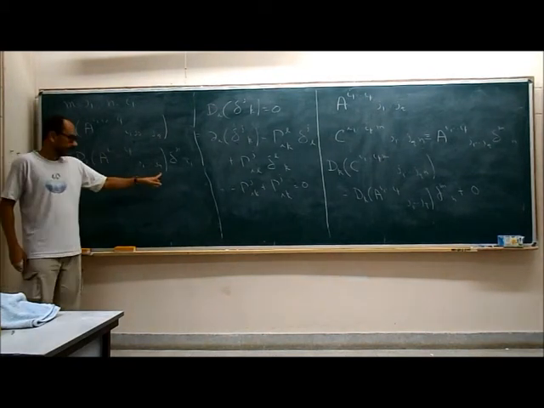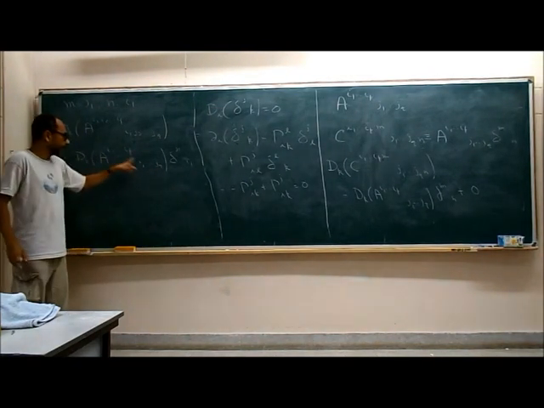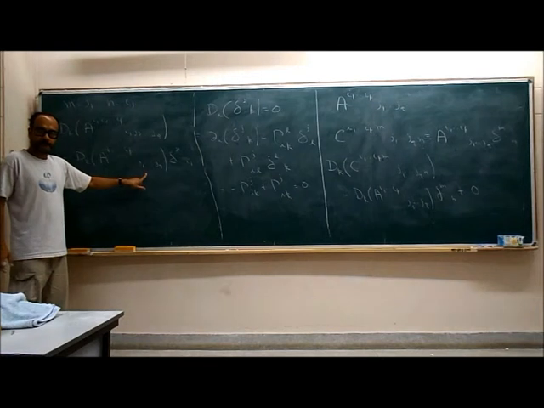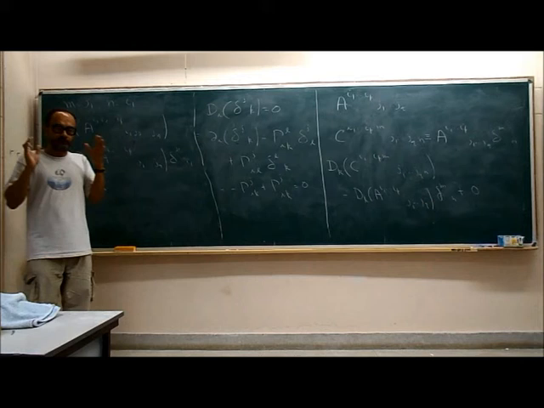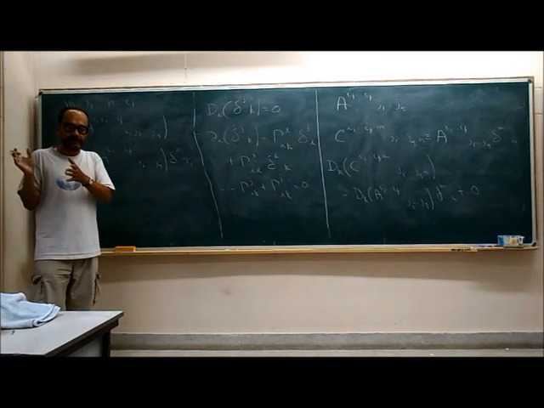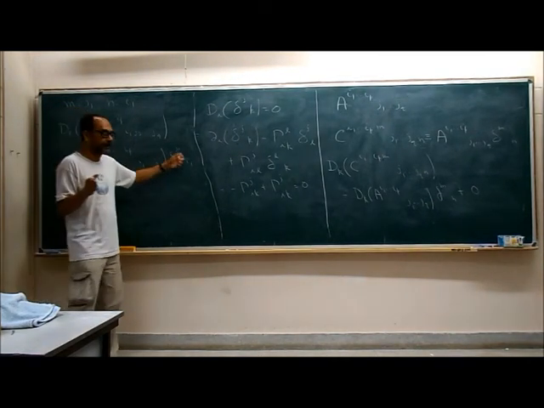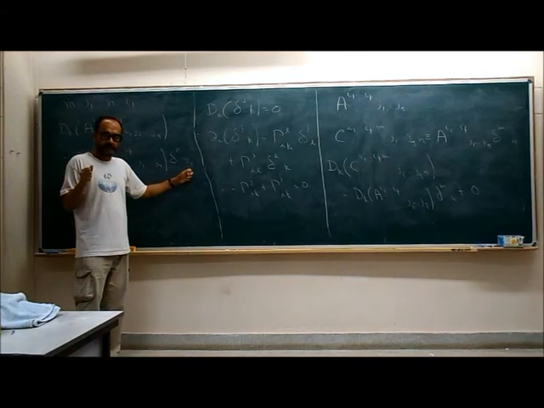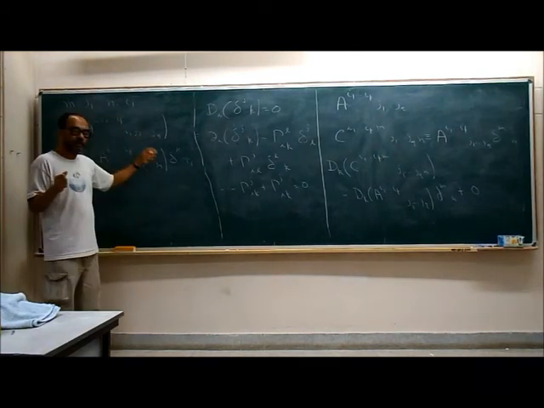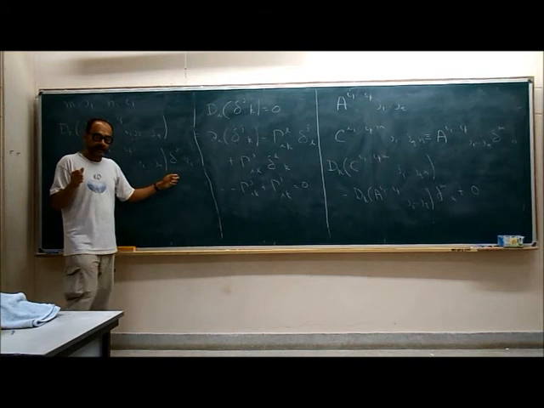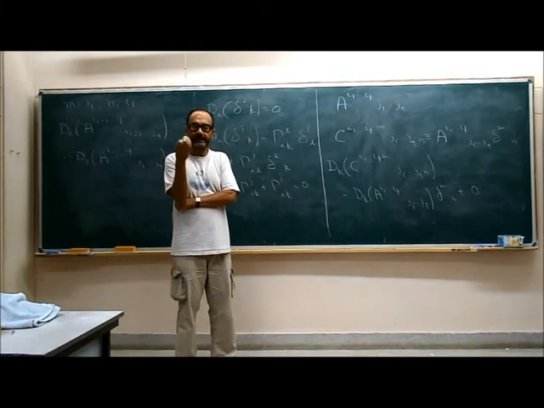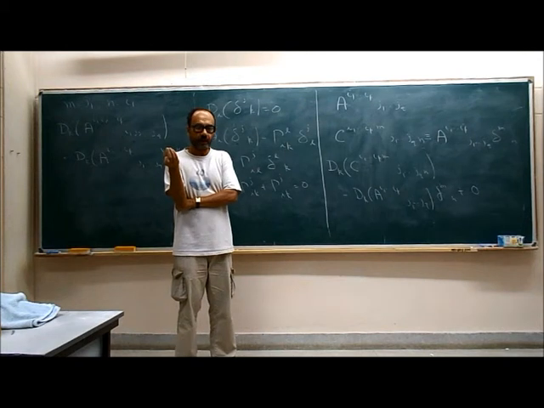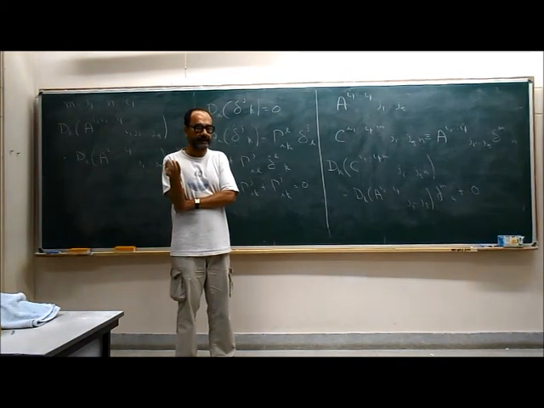On this side, this is acting on a tensor of rank PQ. When you expand this out, there will be P gammas with positive sign and Q gammas with the negative sign. And then you have to contract with delta I1 J1. So the claim is that these two are the same. Another way of saying that: whether you first contract and then take the covariant derivative, or first take the covariant derivative and then contract the index, gives the same result.